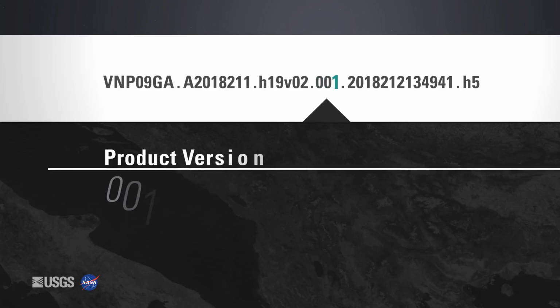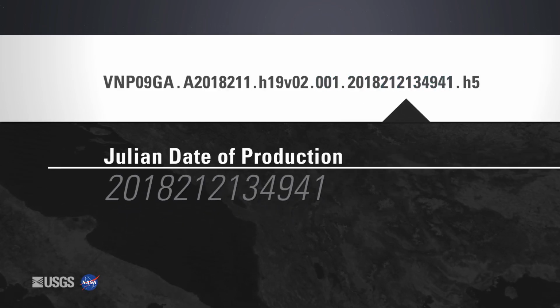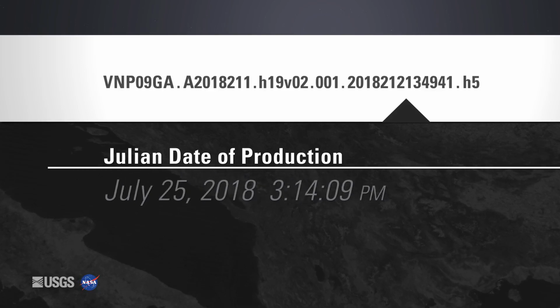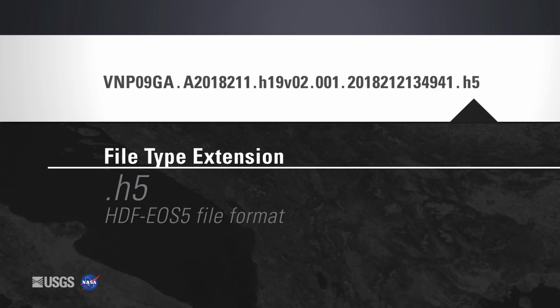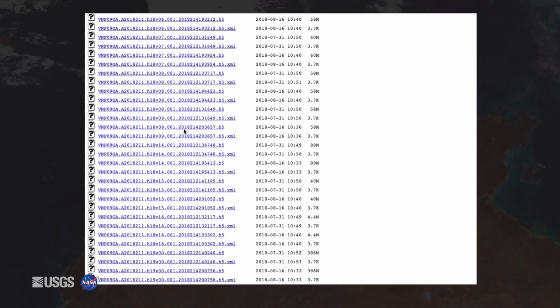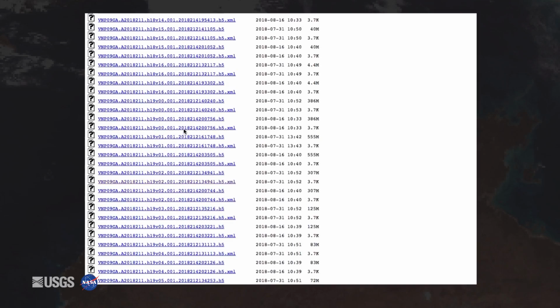The fourth part indicates the product version. The fifth part indicates the Julian date of production, including the year, day, hours, minutes, and seconds in UTC. The last part is the file extension. VIIRS data are provided in the HDF EOS5 file format. Another great place to find information about the data is the external metadata file, which is provided in